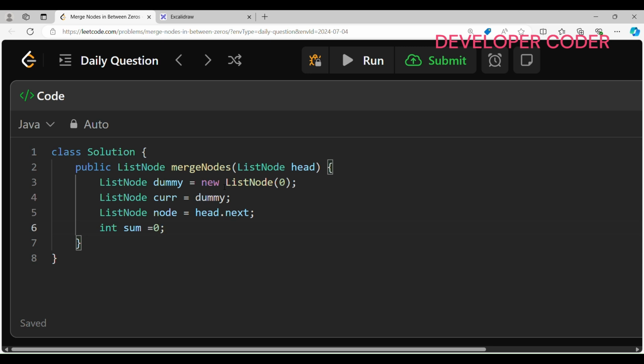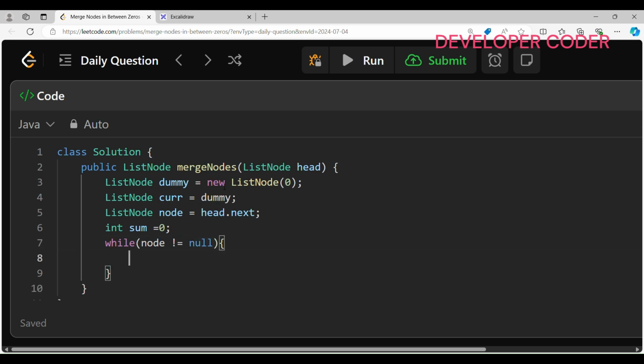Okay, now after that I am going to run one while loop while my node is not equal to null. So if my node is not equal to null, only then I have to execute the statements inside my while loop. Here what I am doing, every time I am doing the sum, sum is equal to sum plus node dot value. Then inside that I am checking if node dot value is equal to 0. Okay, if my node dot value is equal to 0,